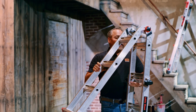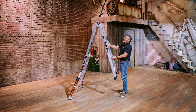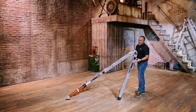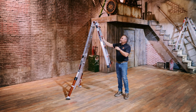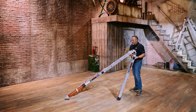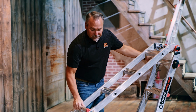If we make that difference even greater, this is the ladder that works on unlevel terrain, whether it's a hillside, porch, staircases. One of the biggest reasons people have bought Little Giant ladders for 50 years is this reason right here. This is the ladder that works in the middle of a staircase to get those tricky jobs done a lot safer. To make the ladder into the extension ladder configuration,